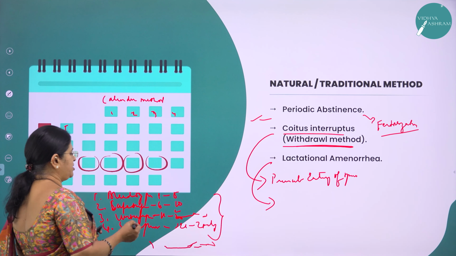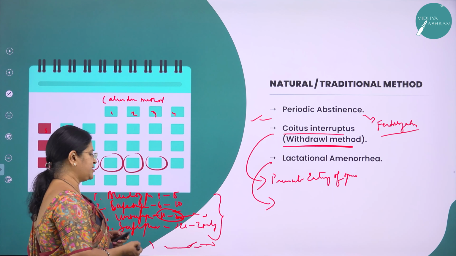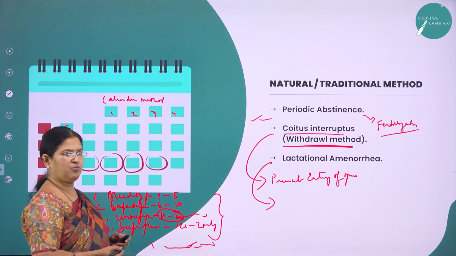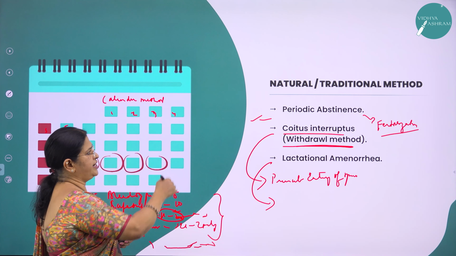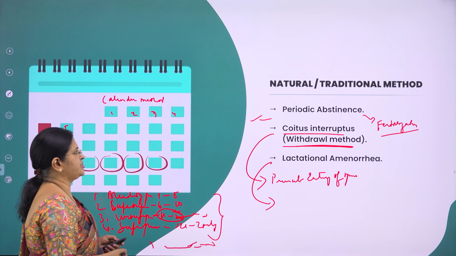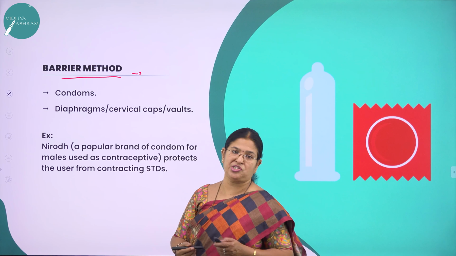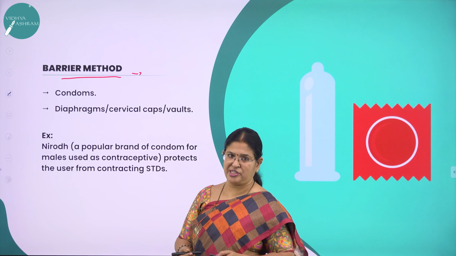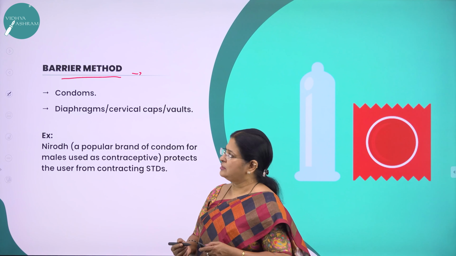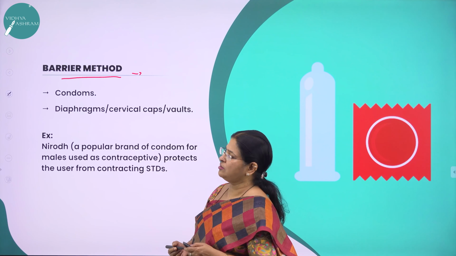So if the sexual act is avoided between the 11th to 20th days, or if the couple abstain from the sexual act during this unsafe period, definitely they can prevent fertilization or unwanted pregnancy. All these three are the very important traditional or natural methods where no devices are utilized. Moving on to the next, called barrier methods. These are nothing but mechanical obstructions that are used to prevent conception. Barrier methods are the mechanical barriers that are implemented to avoid unwanted pregnancy,